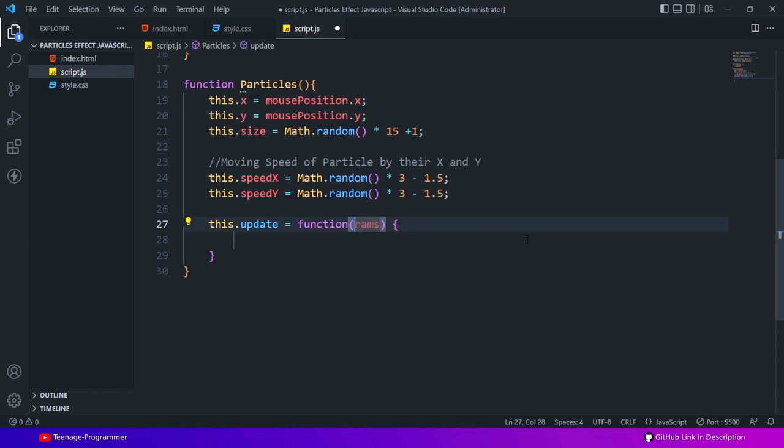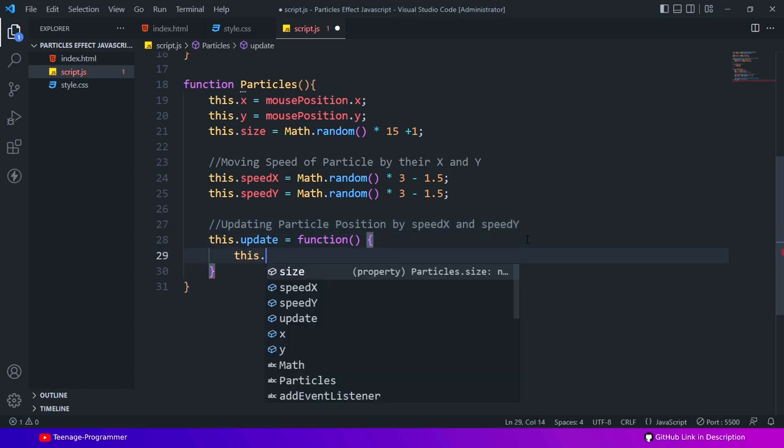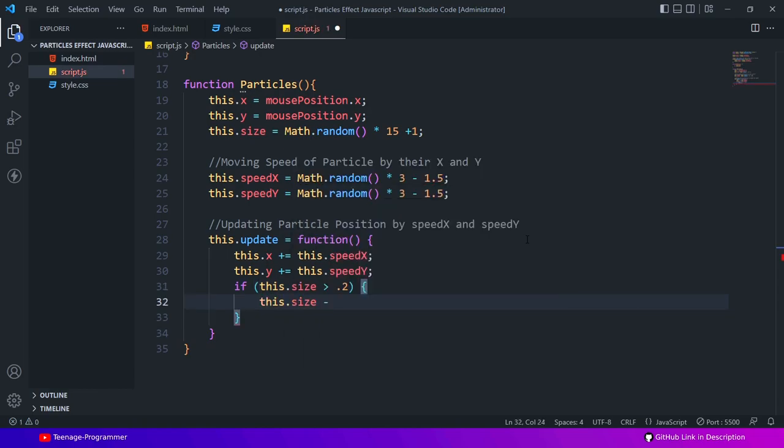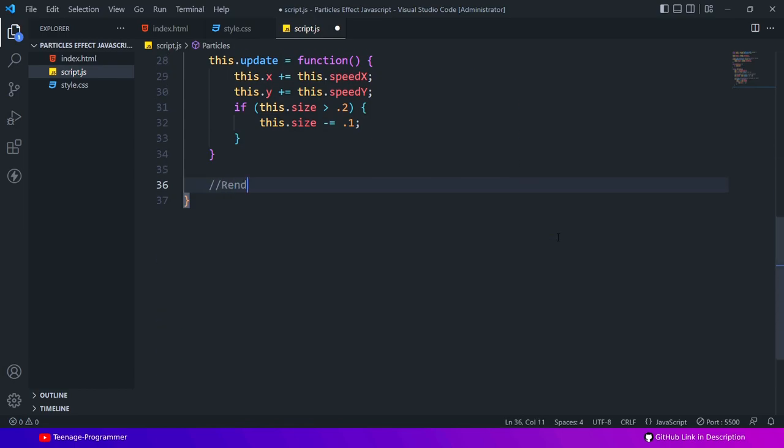This update function will move the particles by x and y. This draw function will be used to render the particle.